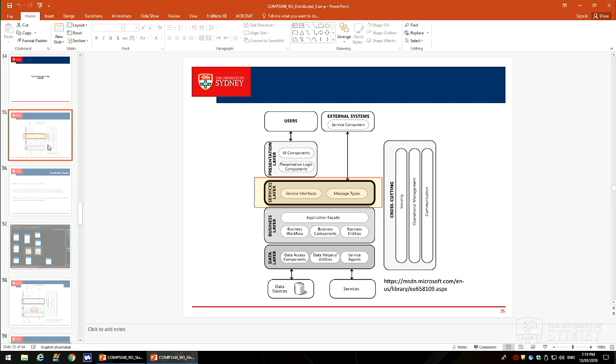These layers are purely a convention. You might get some tool help to build them, but they're not inherent in the technology. The technology just lets you go and call things, but the architectural stuff is a convention. People decided that layering is a really good idea because it reduces the complexity.